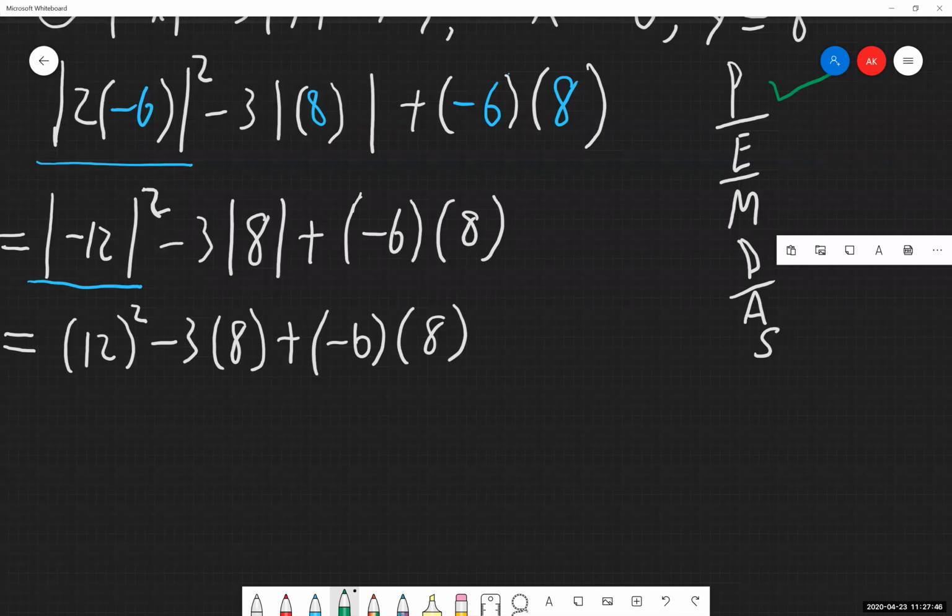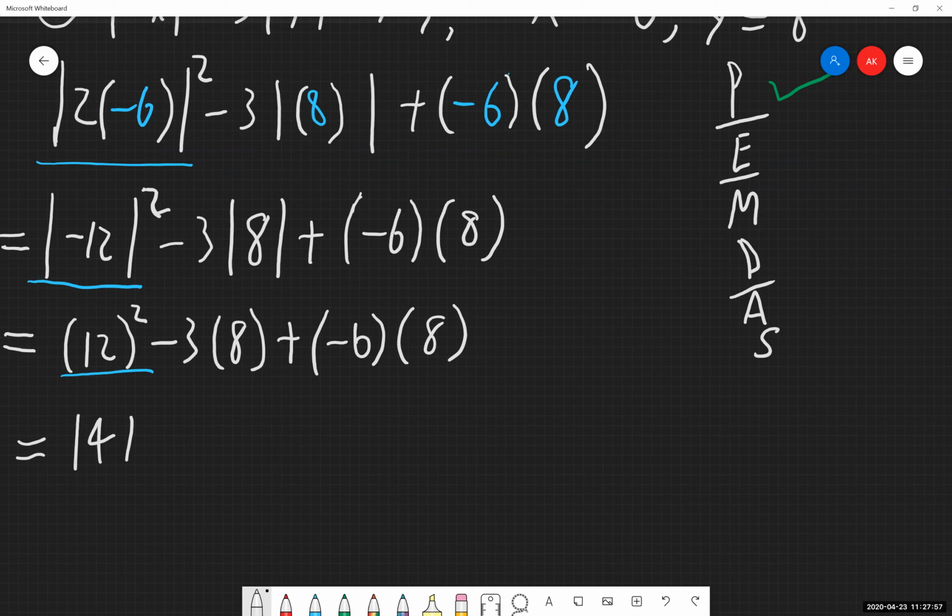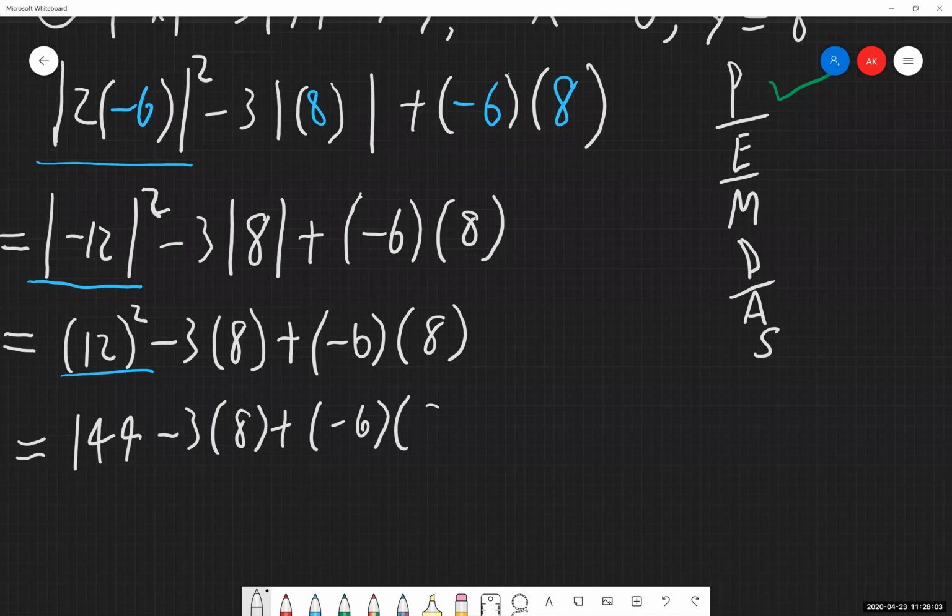Moving on to exponents, we do have exponents showing up in here, so I'm just going to work with those, or that one, I should say. I have 12 to the second power, that's going to give me 144. Got that there. Exponents are done. Working with multiplication or division, I'm going to multiply these together.